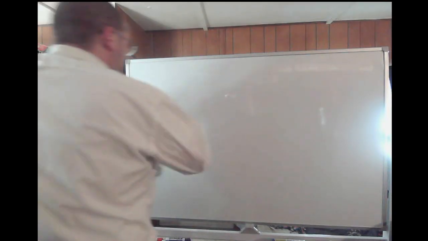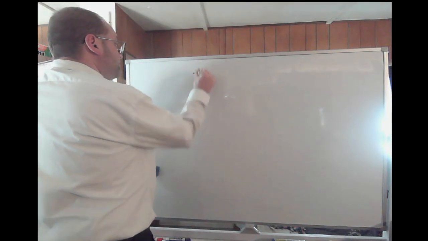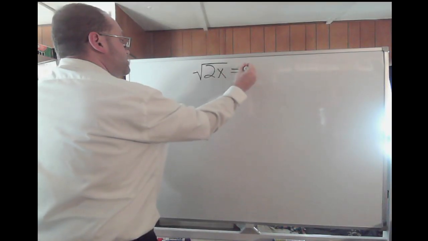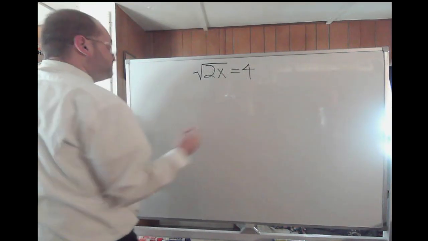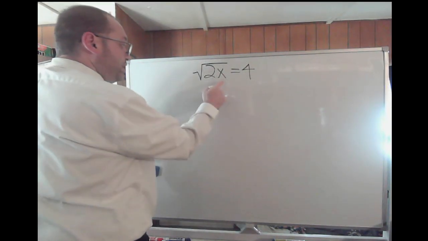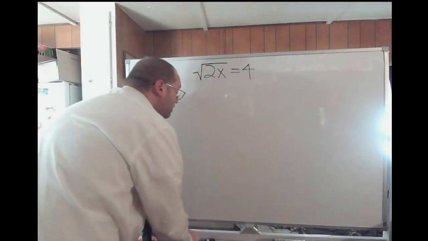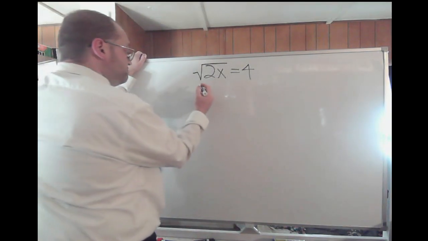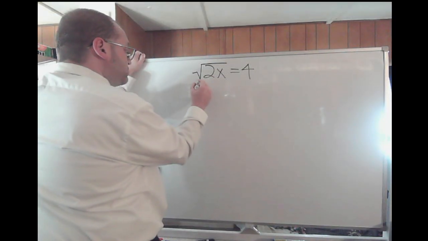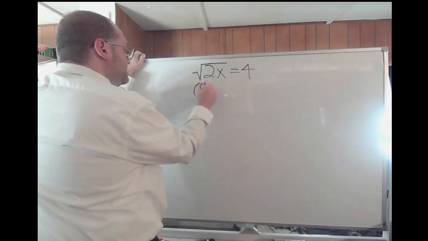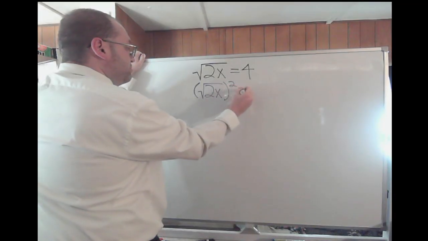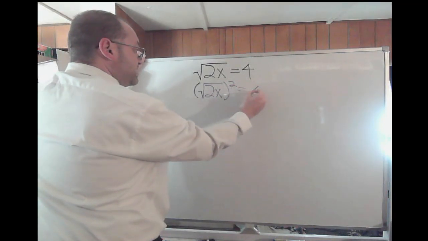Alright, a little bit different here. We have the square root of 2x is equal to 4. So we've been given the square root of 2x equals 4. Well, still the same procedure. You're going to square both sides, so take the square root of 2x, that quantity, to the second power, but that's going to equal 4 to the second power,